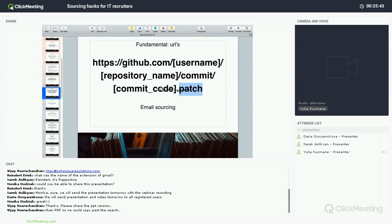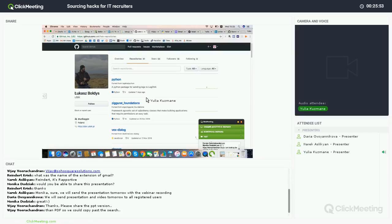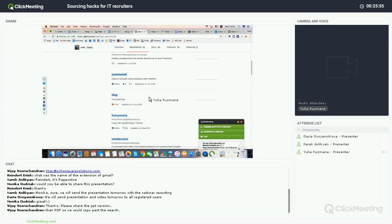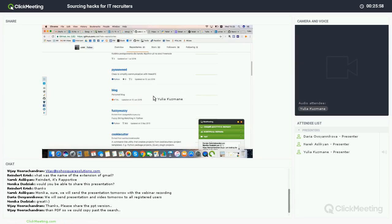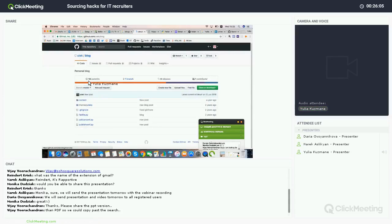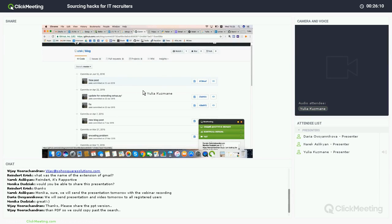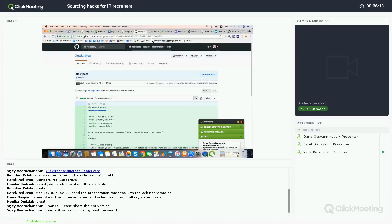patch at the end. That's quite a complicated link, so I will probably better show you how it looks from here. So we will go to Lukasz's repositories. Now we need to find some repo where he really commits something, like a personal blog. It looks like there are 18 commits, new post. Okay, so now we go to the URL of one of his commits in one of his repos, and we